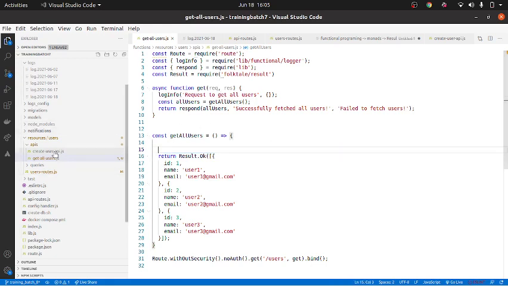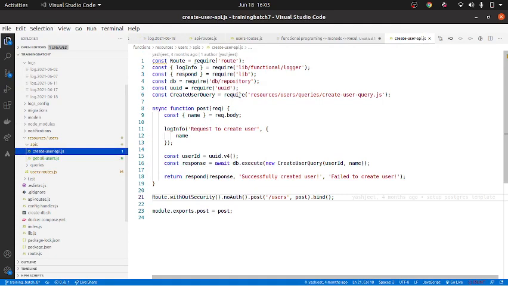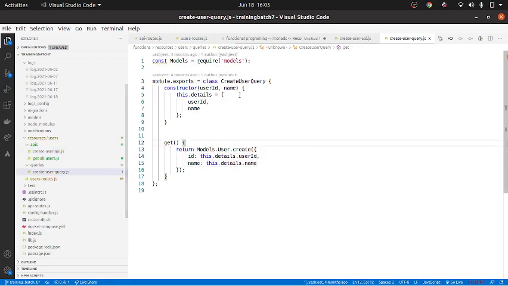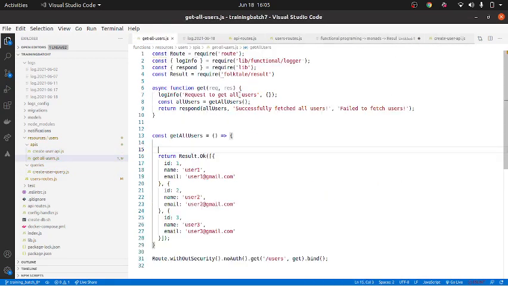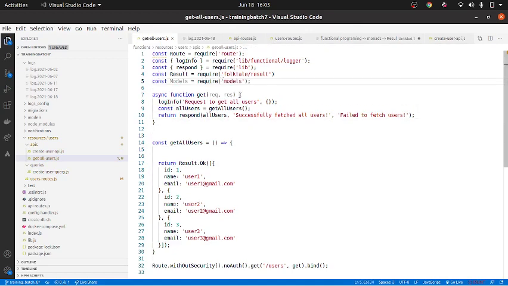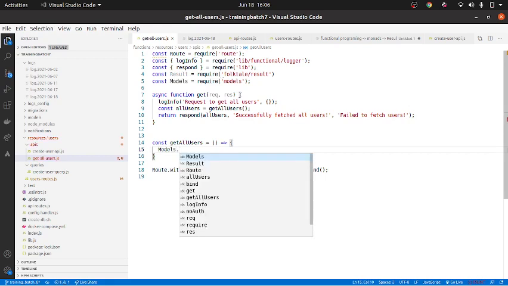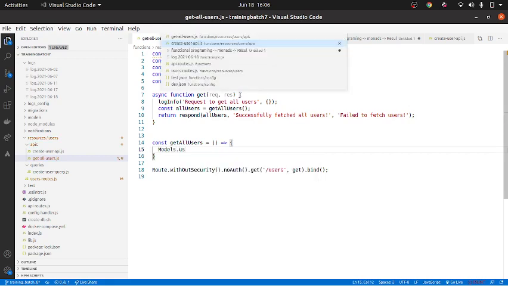Let me include that model. You basically have the create query, so I'm going to require this model. For get all users, what you need to do is model dot user, let me make sure it is proper.